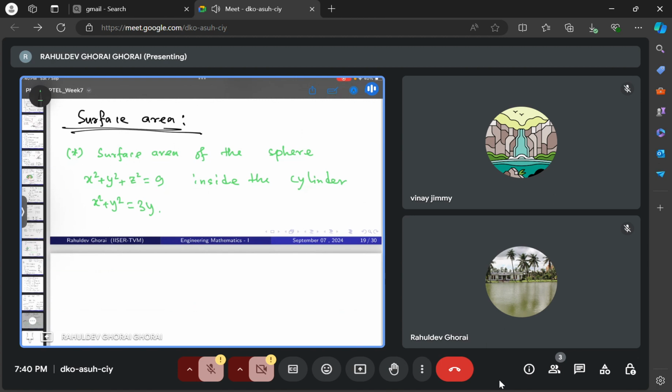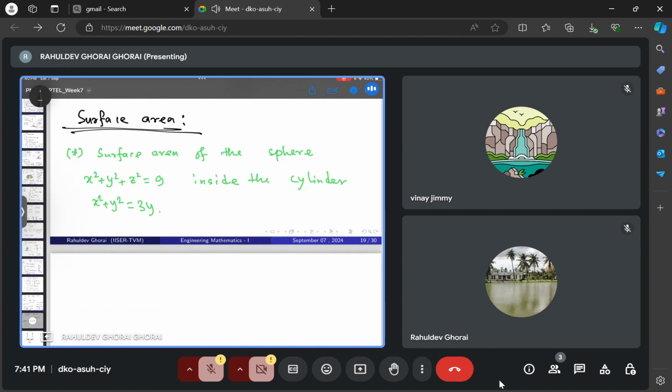So in this case, z will vary, right? z can vary, but x square plus y square is equal to 3y. It's a cylinder, right? A cylinder where z can be anything, and x square plus y square equals 3y. From there you will get the base of the cylinder. Anyway, you draw it by yourself and check that